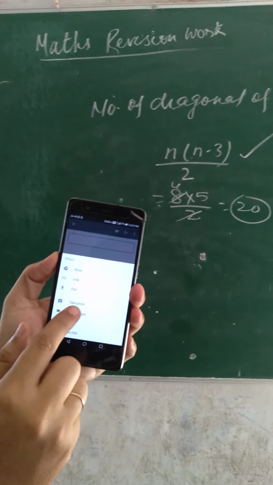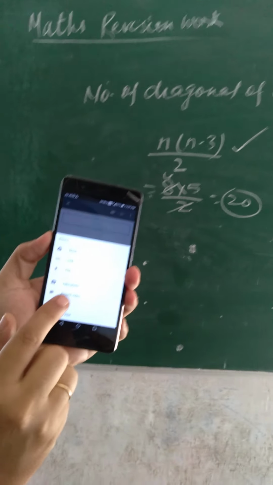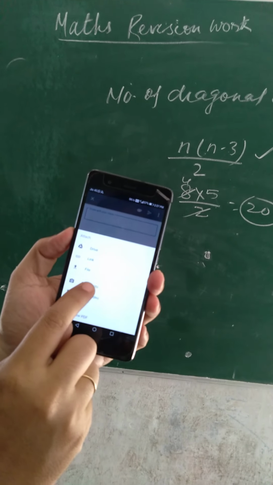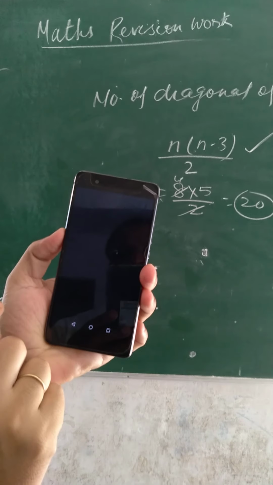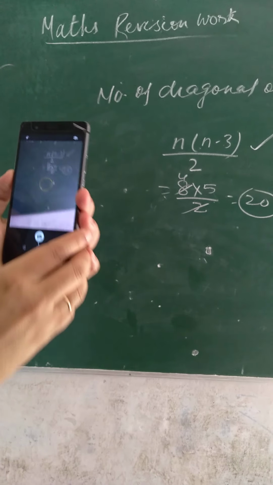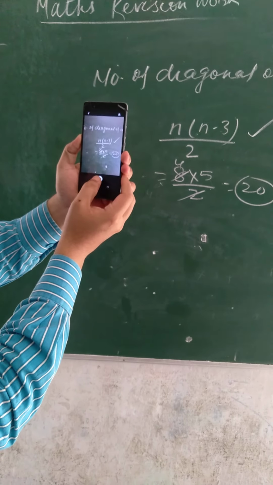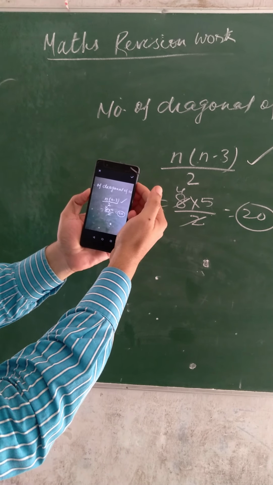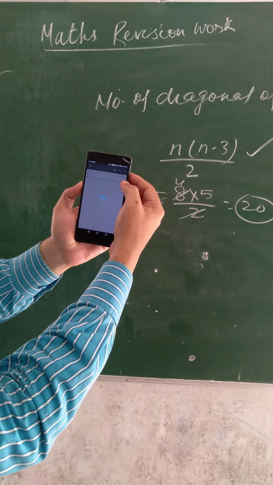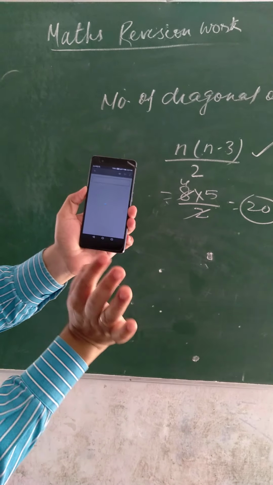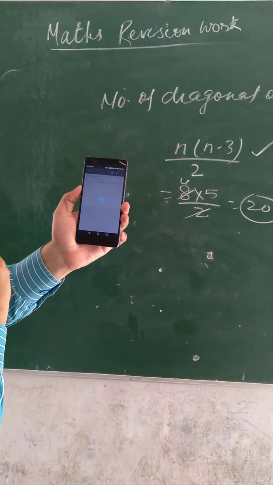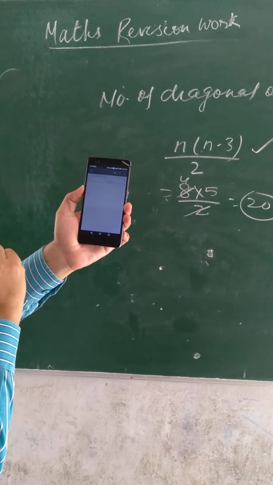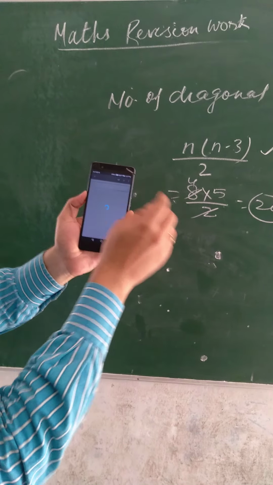Okay, you can also take a photograph. You can directly send your drawing by taking photographs like this one. Take photographs, and I am going to take these photographs. Okay, and after clicking on the OK button, you just have to wait for your images to upload, and then click on this send option.